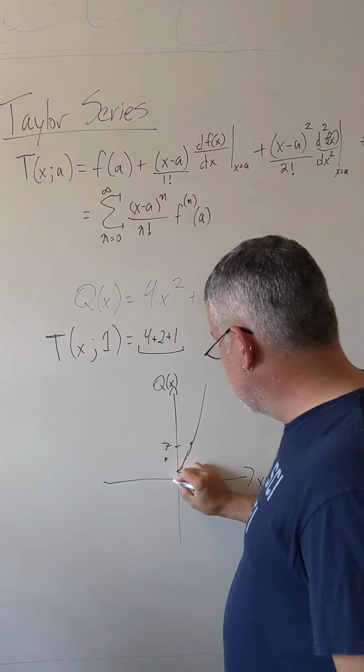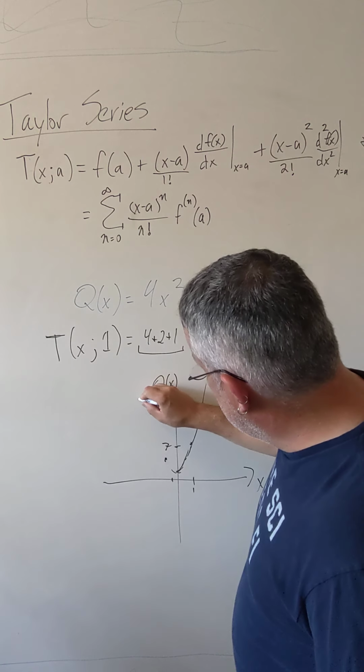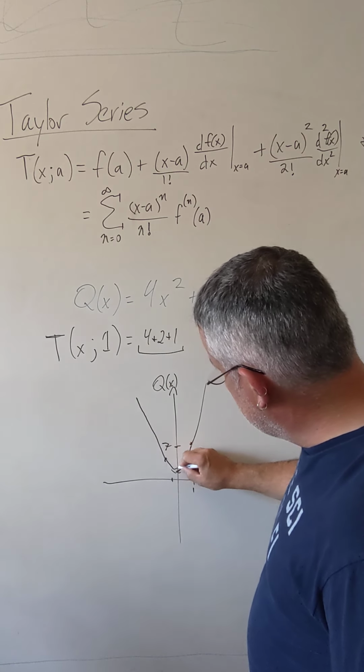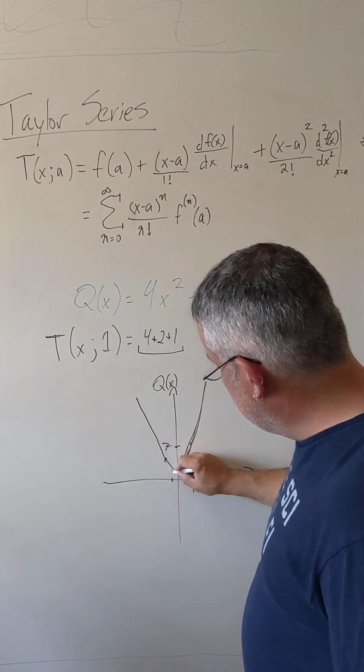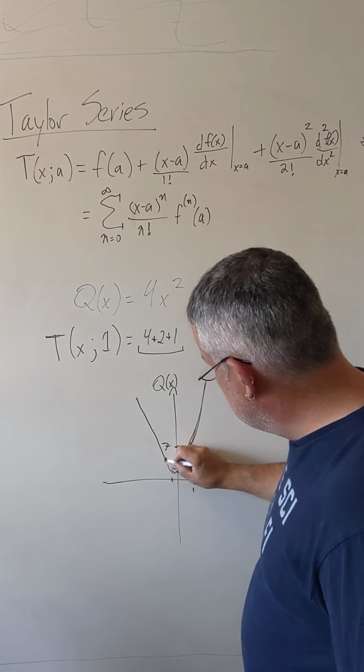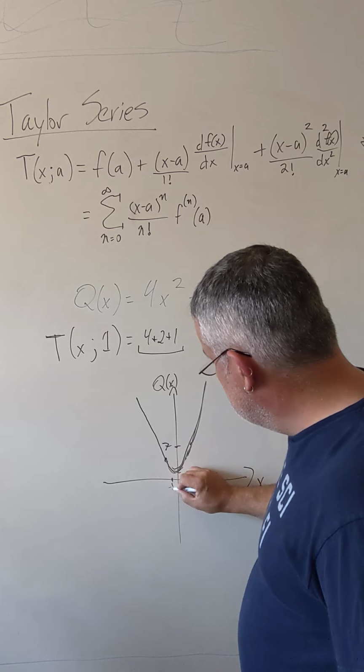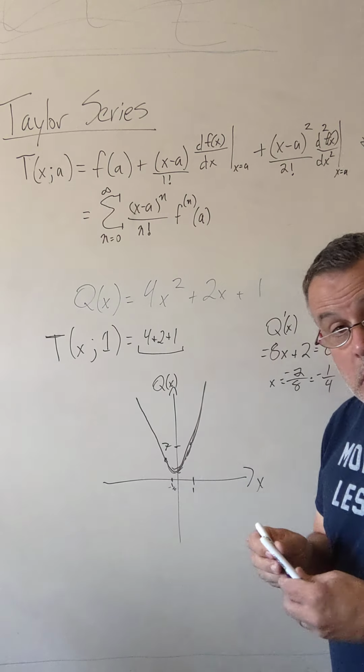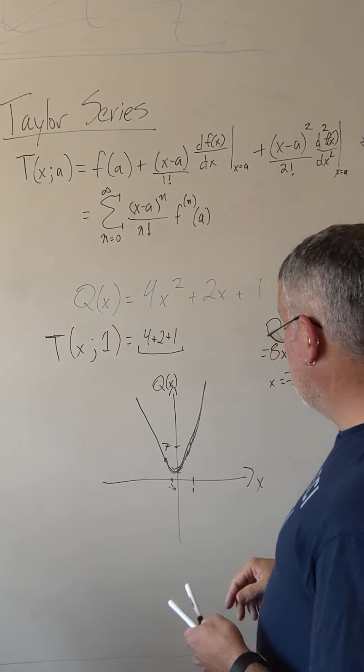Minus 1/4, so somewhere back here is the minimum. So we now have our function q of x something like this, with its minimum at minus 1/4. Okay? Everybody on board with that? Okay, so